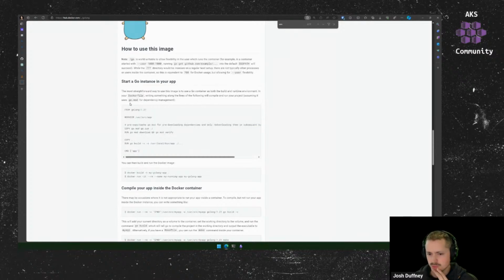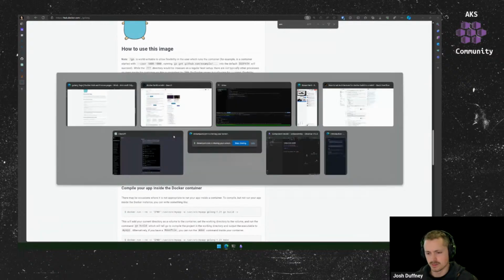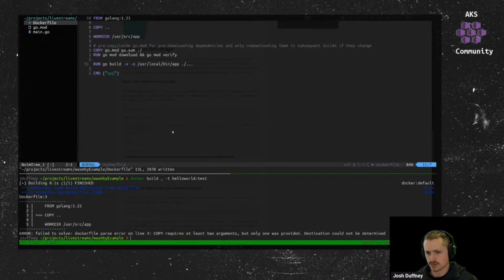compile your project, assuming it uses go mod for dependency management. Oh, is that in there? Yep. So